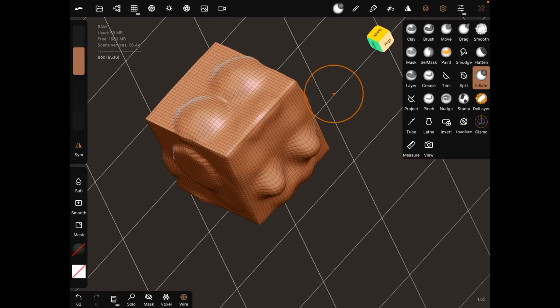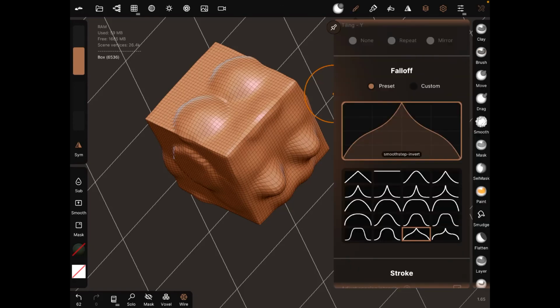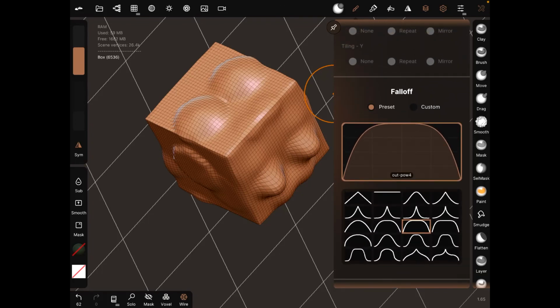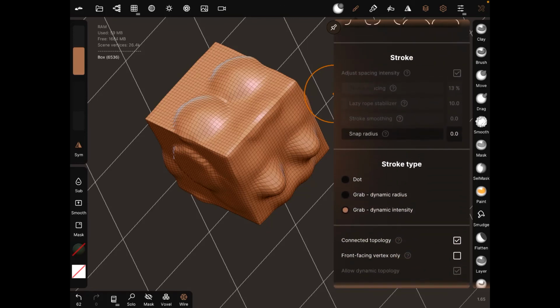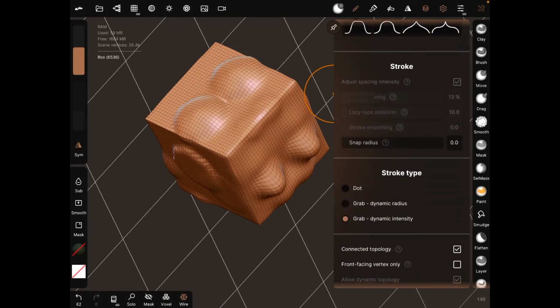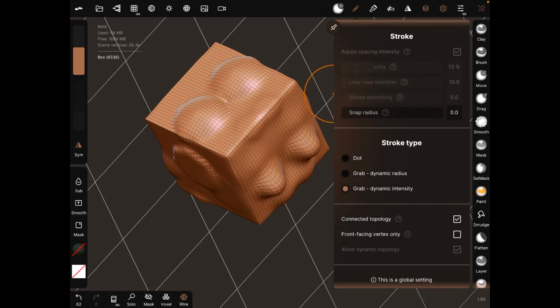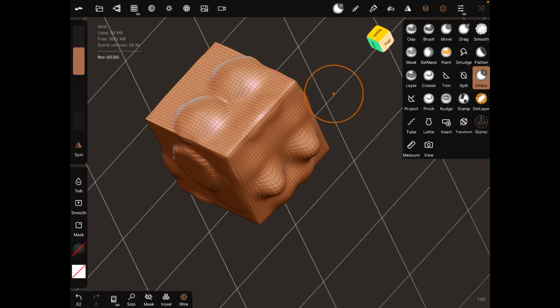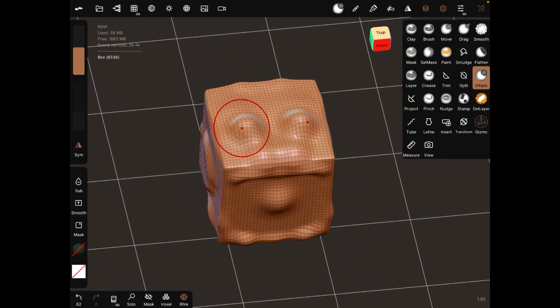But yeah, for inflation, it helps with inflating different parts, giving them this little grotesque, weird looking bumps. So, for guts, weird creatures. And remember, you also have a lot of different ways to modify how things go by the stroke, either by dynamic radius or dynamic intensity. It's just really up to you, but hope that helps bring you more ways to